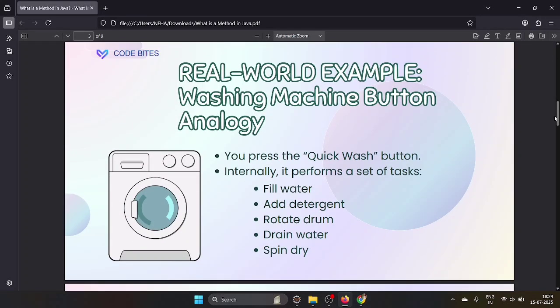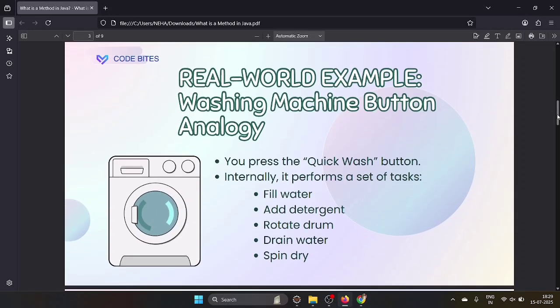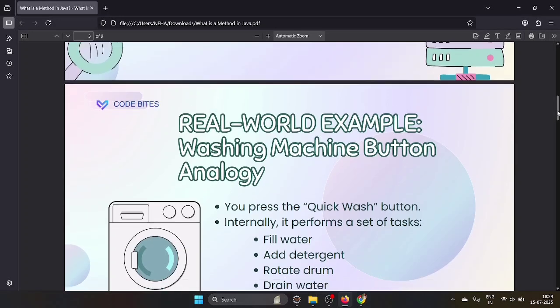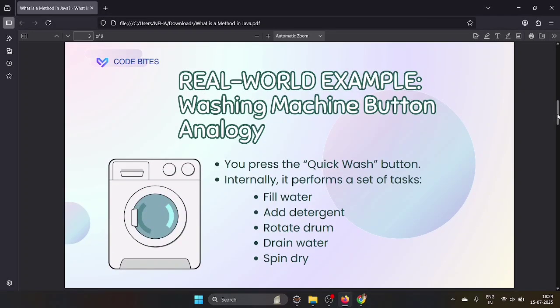Let's take one real world example. One more thing, it is something like theory also. If you understand the theory, then you can build your logic and write code and make your own method. Then you can put some logic separately. This is the best way to first understand how it is going to work. So let's take one real world example.